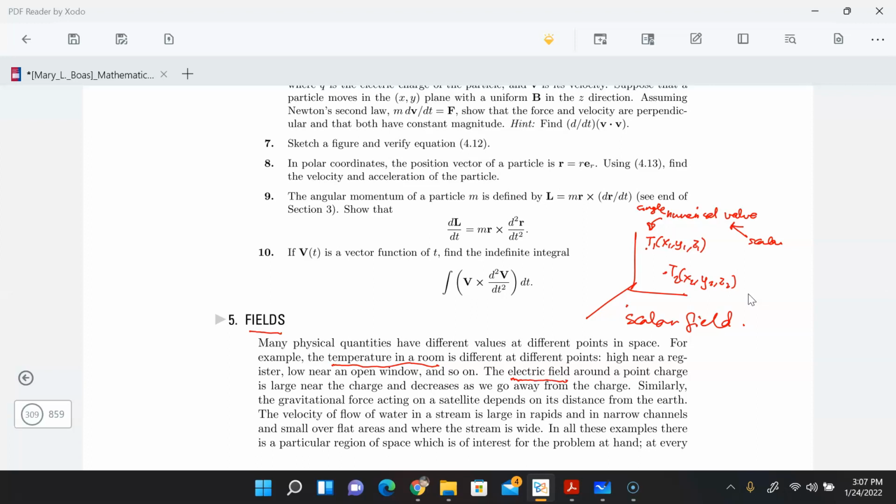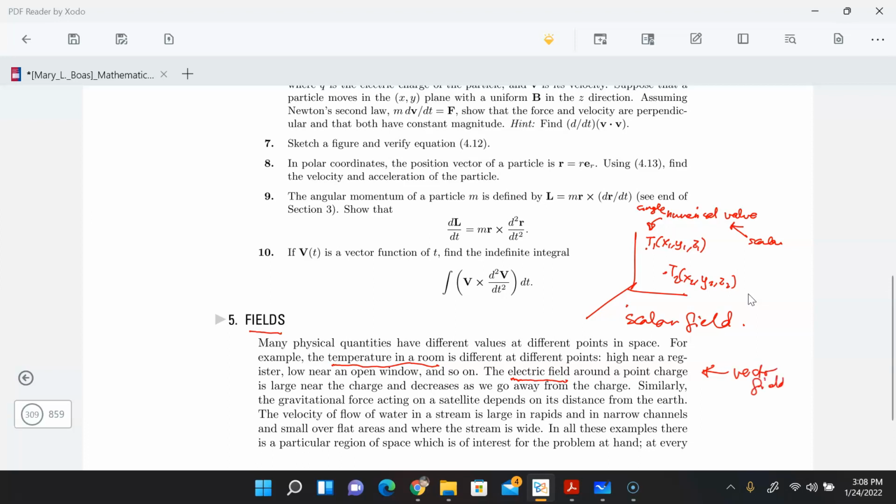You put a point charge at a particular region of space, and the electric field will push that point charge, or the test charge they call it, in a certain direction depending on how the electric field behaves. So these are examples of what we call the vector field,